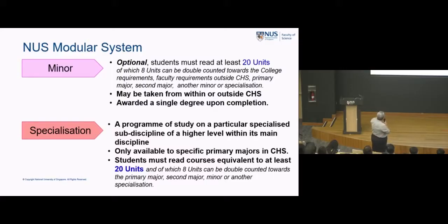But actually a specialization, what does a specialization mean? A specialization is basically also 20 units, 5 courses, but usually within your major, but at the higher level, right? So a specialization is almost like a minor, but it's a higher level minor in your own field.